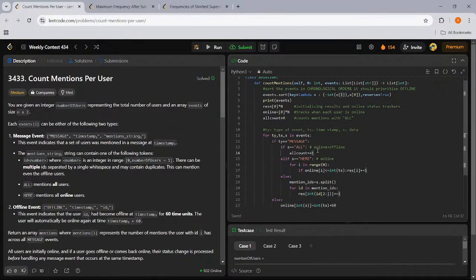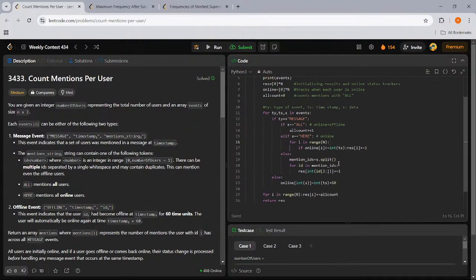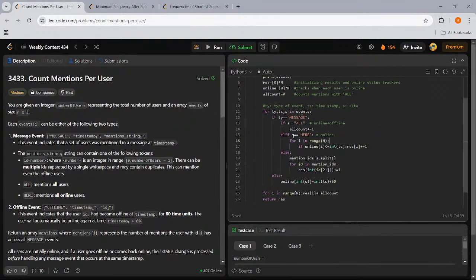So all count plus equals 1. We'll increment 1 for all count. Everyone's count will be incremented with 1. Now, else if data is equal to here, then only online users should be mentioned. So what we'll do here is run another for loop. For i in range of n, if online of i is smaller than integer timestamp,